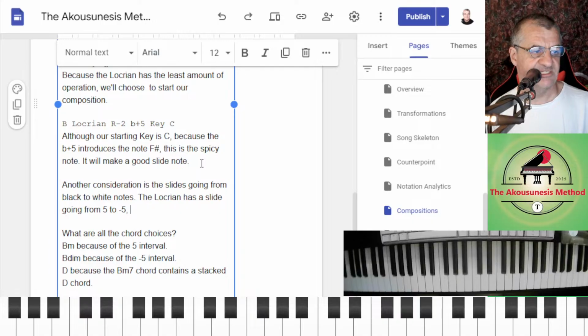The Locrian has a slide going from the 5 to -5, but the Aeolian has a slide going from the -5 to the 4.